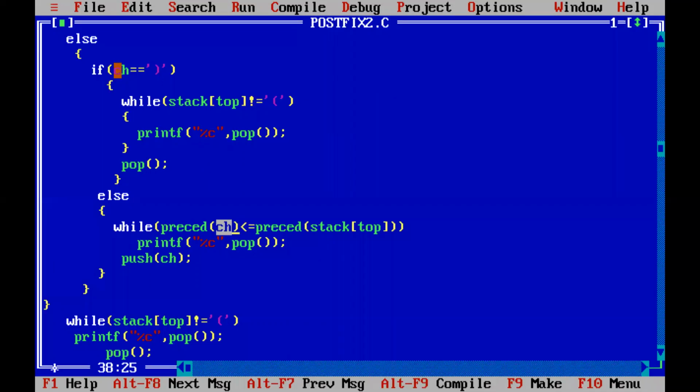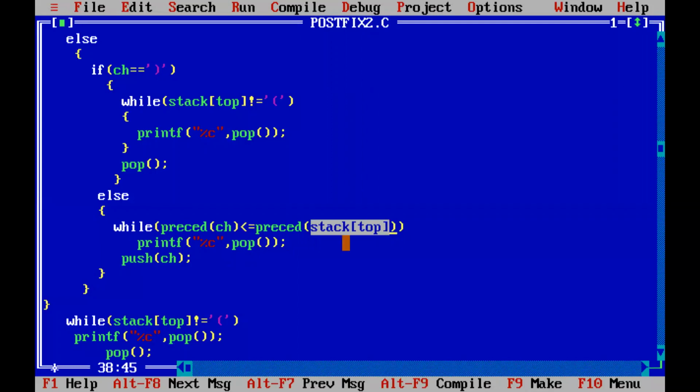We know that ch is a variable which we are using to hold the symbol which we scanned from the infix expression, right? So we are checking while the precedence of the incoming operator is lesser than or equal to the precedence of the operator which is on top of the stack. You know, the stack will consist of only the left parenthesis and operators, right?